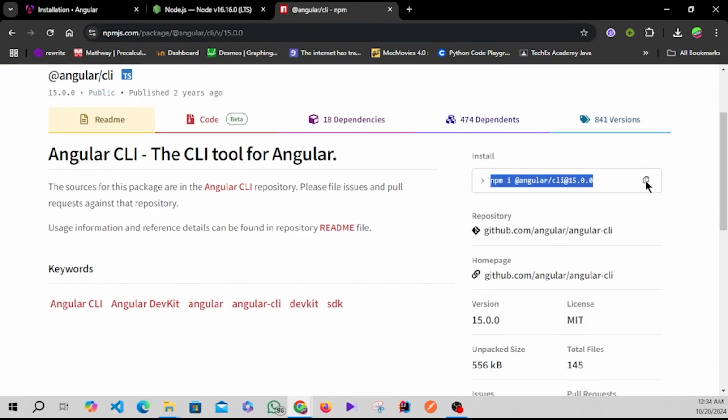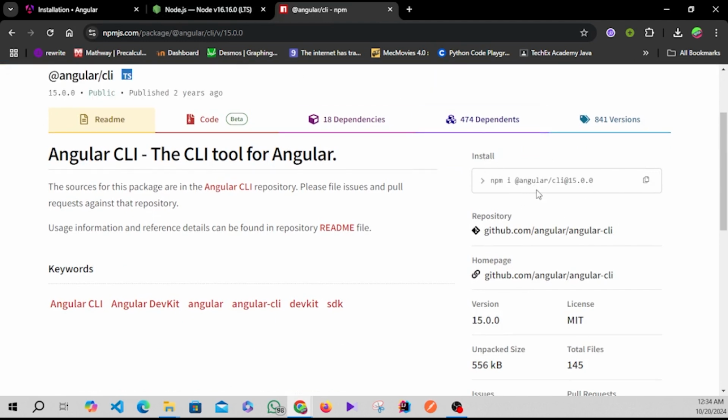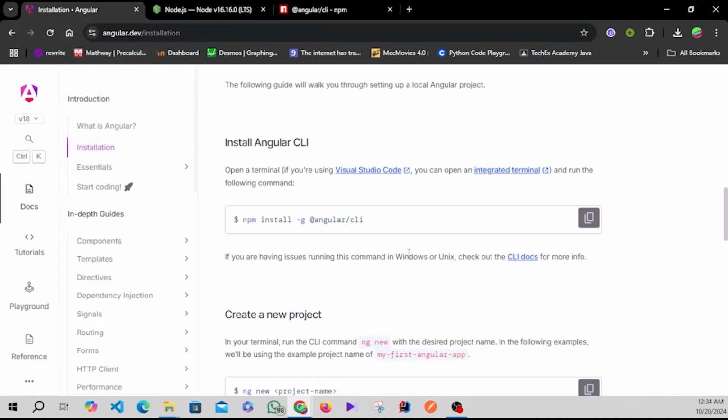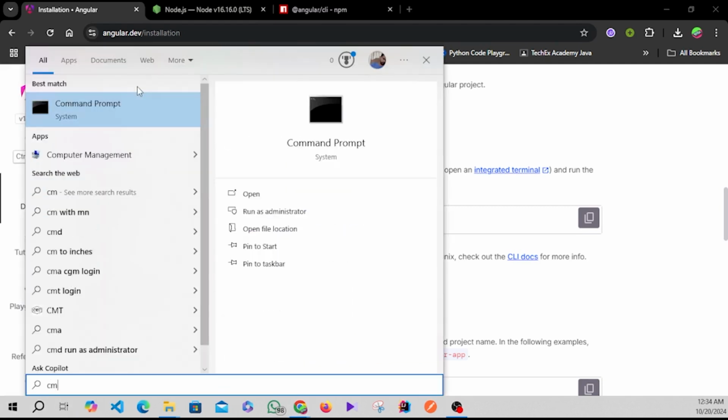I can use this here, but this problem, we need to install Angular as global. So I need to use this code actually with G. You see this G refers to globally installing, so we need to install it globally. So I will take the command line